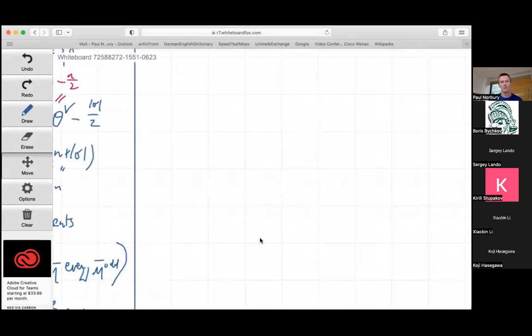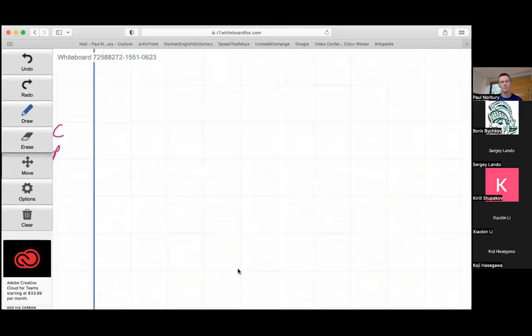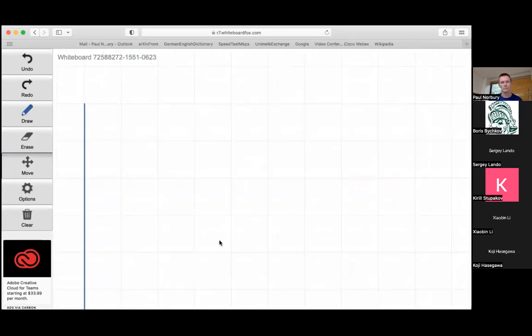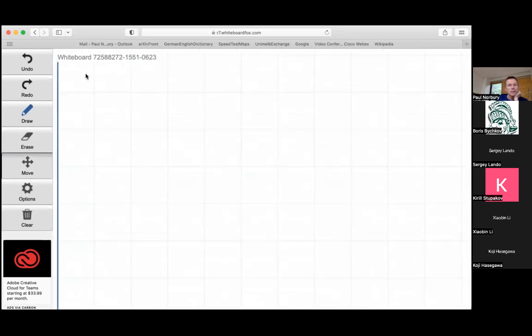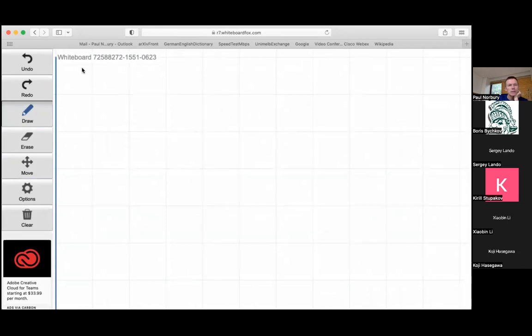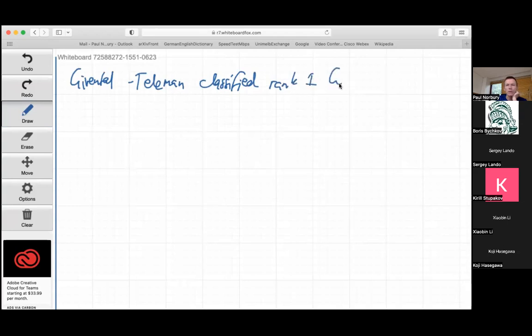Okay, so Teleman, Givental, Teleman. Maybe I'll say anyway, Teleman classified rank 1 cohomological field theories. Rank is this vector space that's involved. And so we